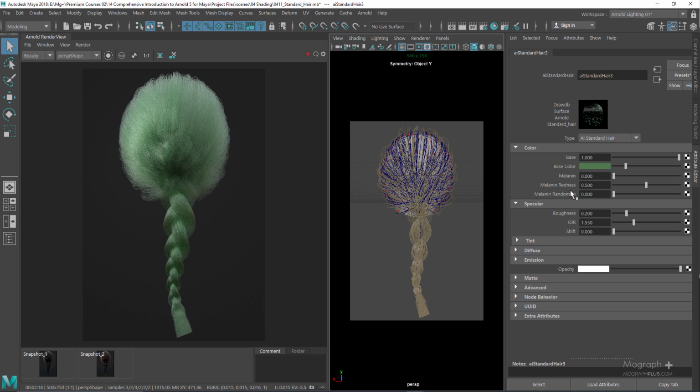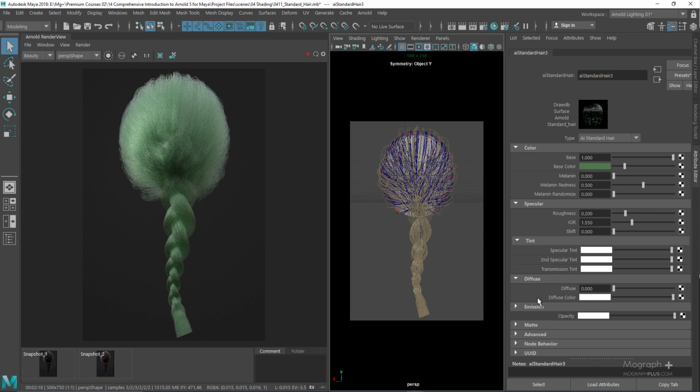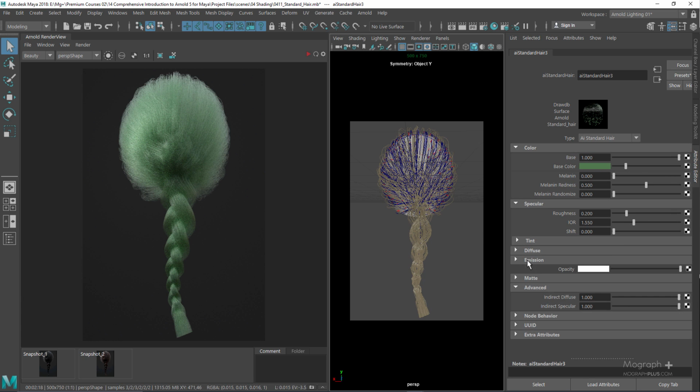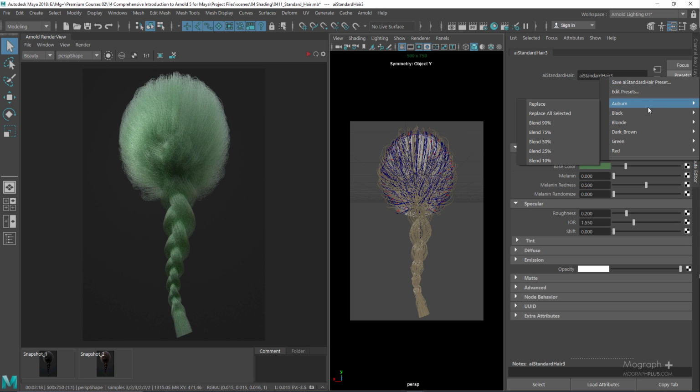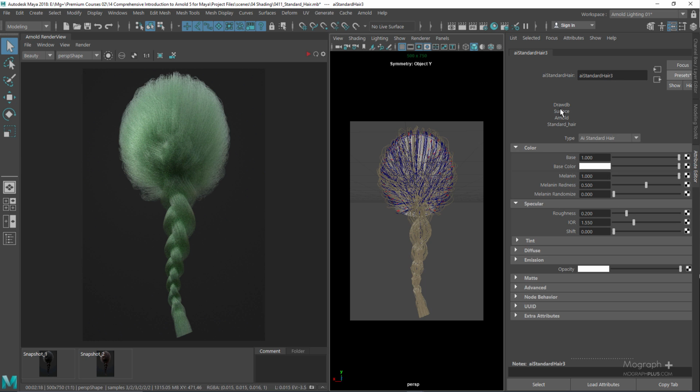Okay. Now if you take a look at the Arnold standard hair shader, you can see we have tons of parameters here. But what you need to be worried about, let me just close these sections here. What you need to be worried about are in the color and in the specular section. So using just these few parameters, you can achieve extremely realistic and beautiful hair shaders. If I just use one of the presets that we have, maybe this black preset to start with, and probably the most important parameter, one single parameter that can actually change the look of the hair, is this melanin value here. Let me just run the